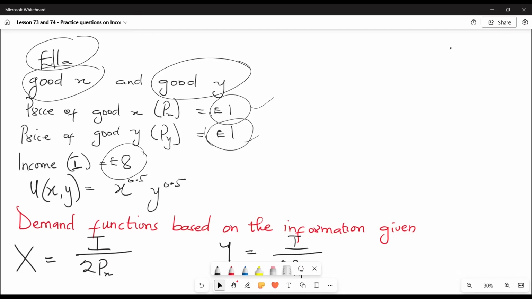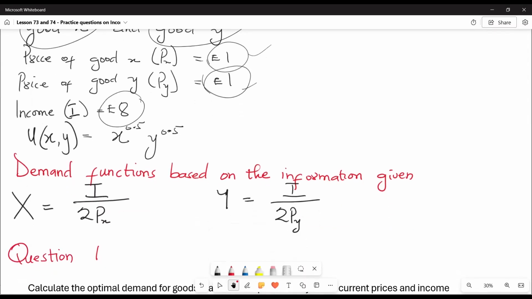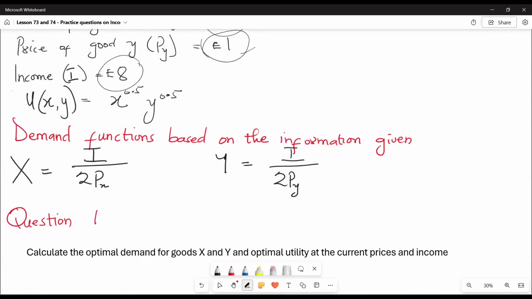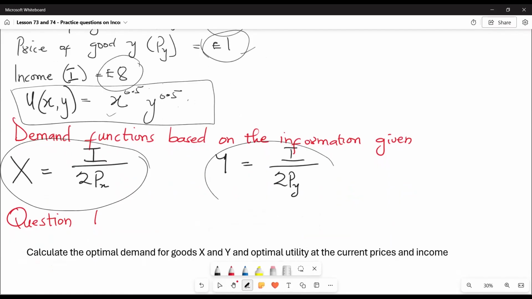We noticed from our previous lessons during utility maximization that we have a utility function of x raised to the power 0.5 and y raised to the power 0.5. Given our budget constraint, if we solve this utility maximization, we arrive at a demand function for good x and for good y. We have done this extensively in our previous lesson, so we are just going to move on, given this information, to look at substitution and income effects